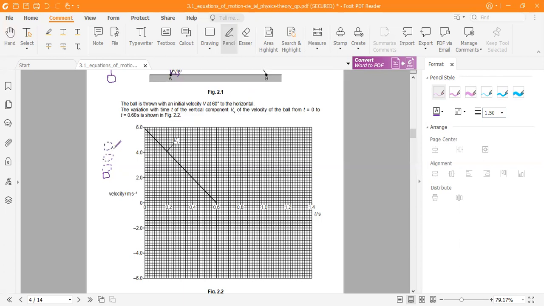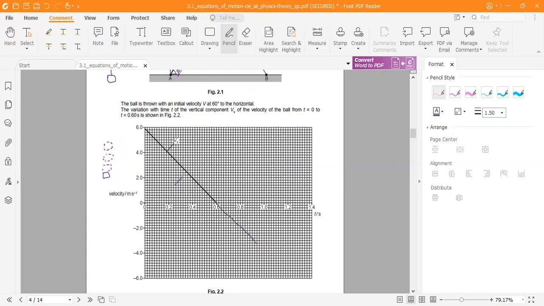So basically, the ball is over here right now. It has stopped, and now it is about to come back, right? When the ball comes back, at that point the direction of velocity will change. Initially the velocity was pointing upwards, now the velocity is pointing downwards, so the velocity will be negative on the graph. So all we need to do is just extend this.